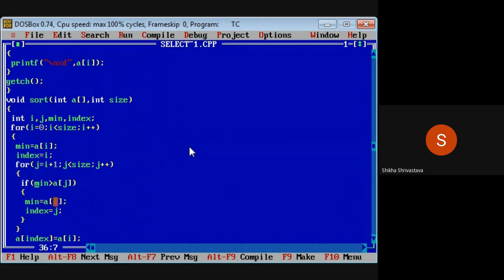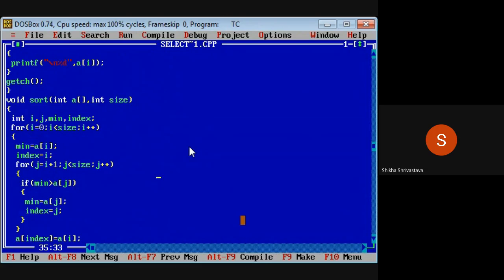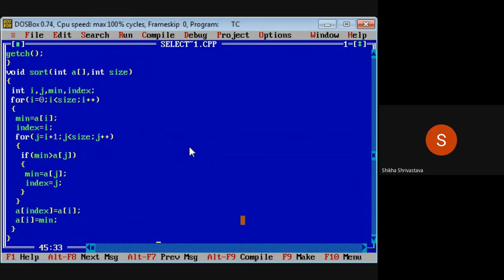Now the minimum value changes, because according to this loop, the first position element is greater as compared to the second position element. So we are going to change the value of the minimum variable. After that, we assign the minimum value, and the index value changes respectively. Whenever the value of minimum changes, the index value is also changed.